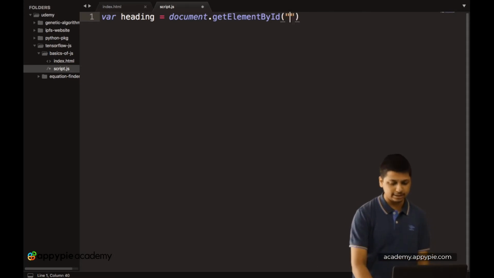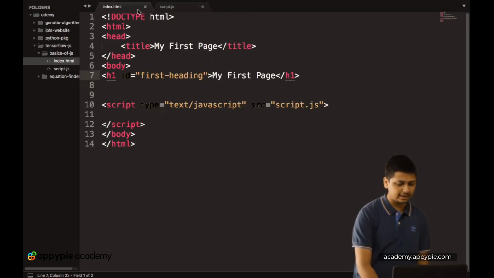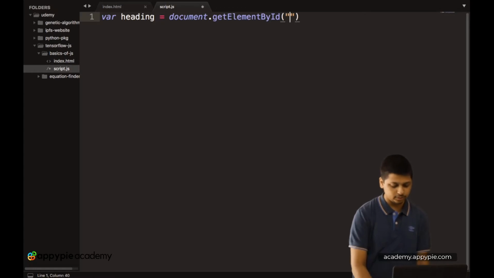So let's pass the ID, which is first-heading, and now let's simply console.log our heading variable.